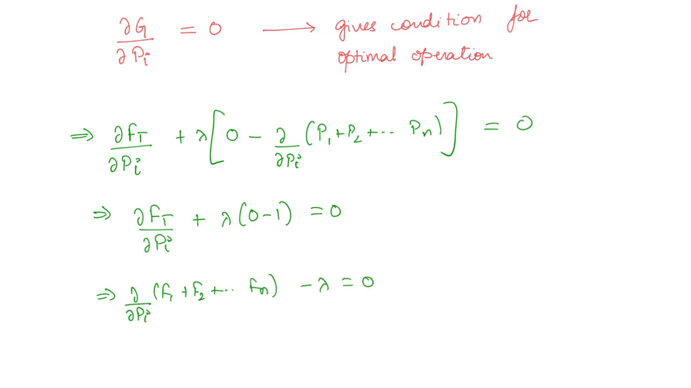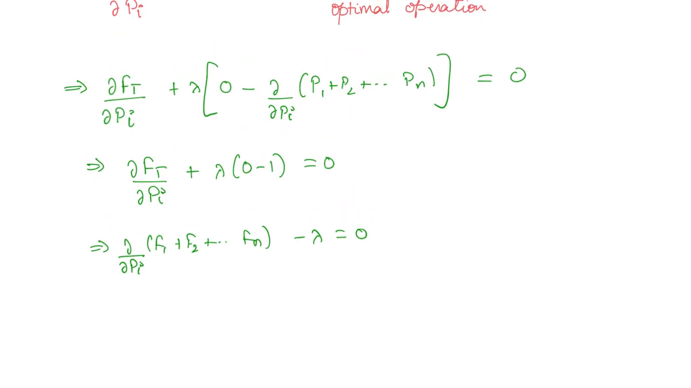Now the fuel cost of the ith generating unit will depend on the power output of that unit. All other fuel costs are not going to depend on Pi. So only Fi is going to depend on Pi. So here you are going to get the final equation